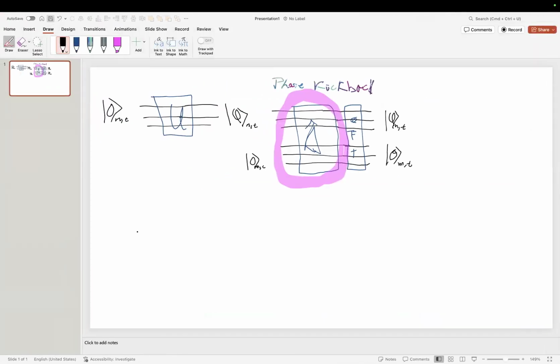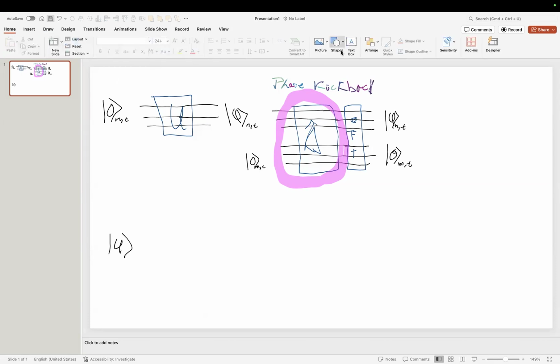Imagine a relative phase is the following. Imagine we have a wave function. One second. I'm going to put this so I can structure the information for all of you.